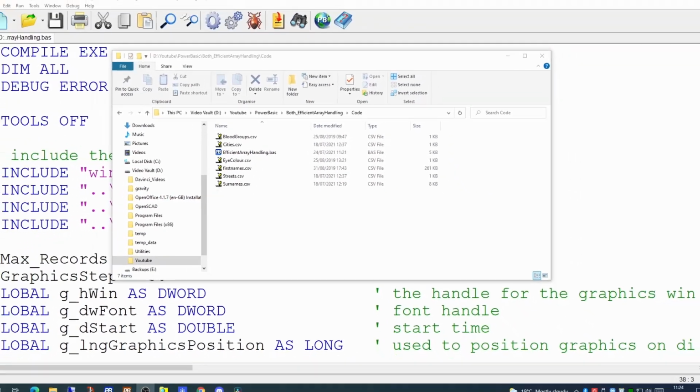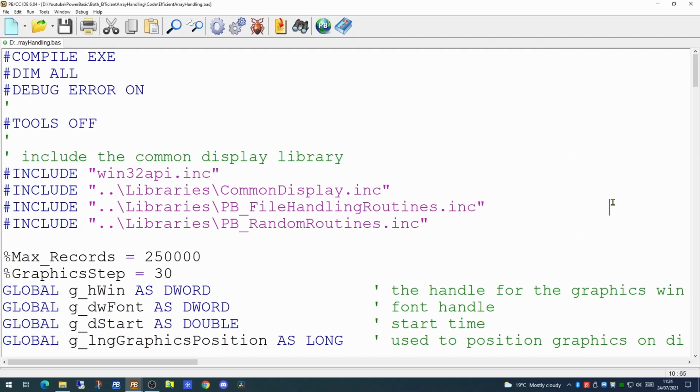So the code I've already prepared makes use of three libraries: the Common Display Library, the File Handling Routines Library, and the Random Routines Library. Today we're going to generate 250,000 records within this file to give us a large enough file to test the loading into our array. If we run our program now,